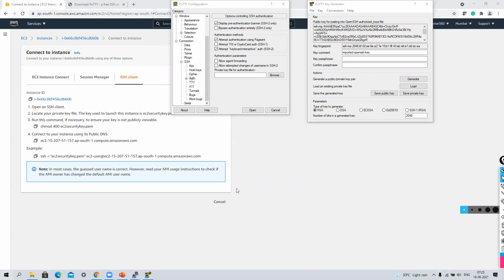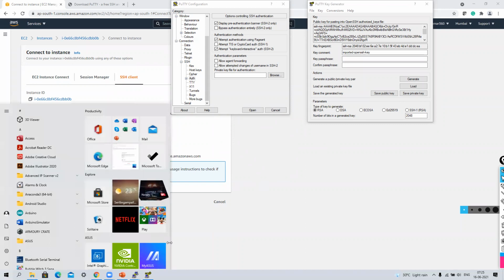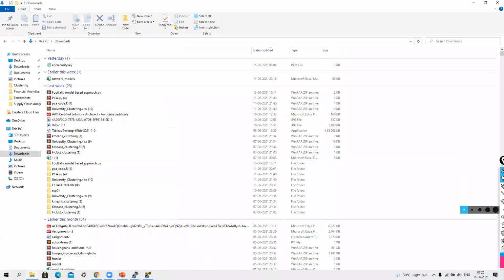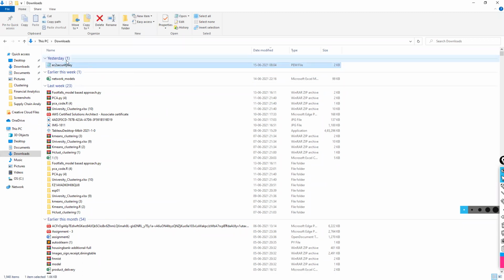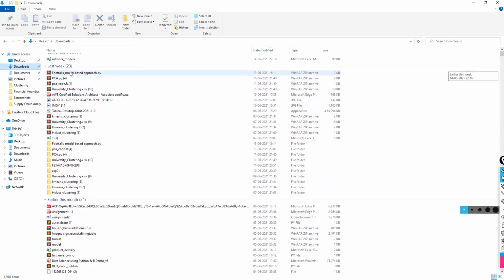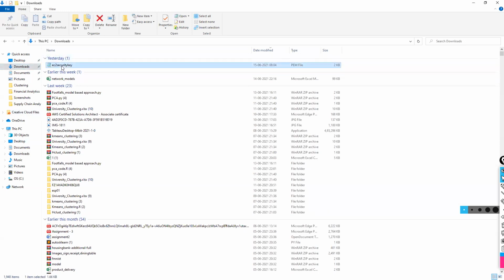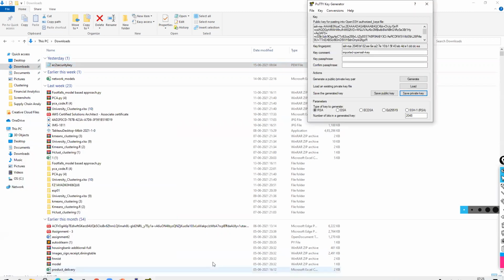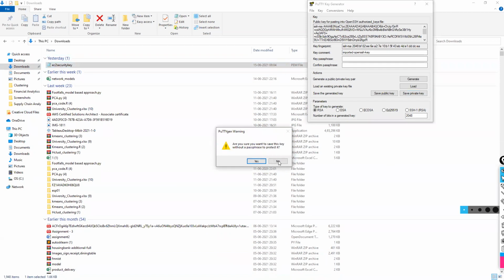Where you can see is, again go to your downloads. That is the location where your PEM file is there. Go to that location, which is downloads. Save private key.